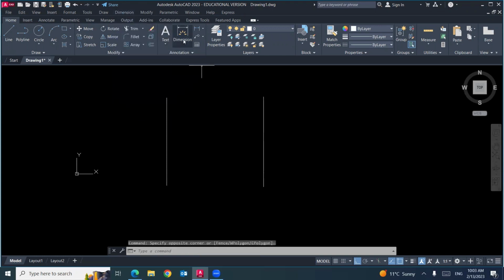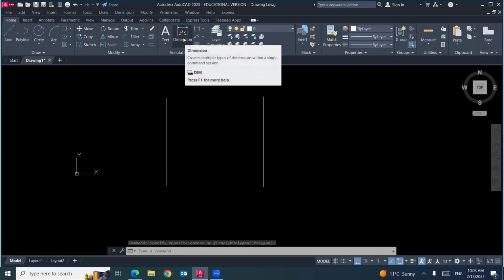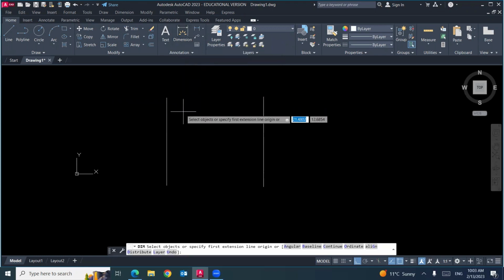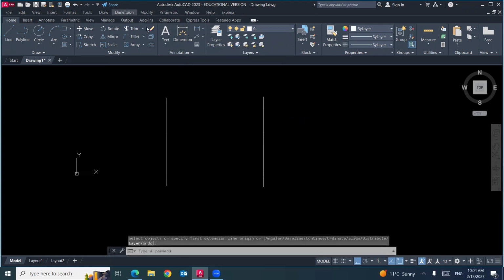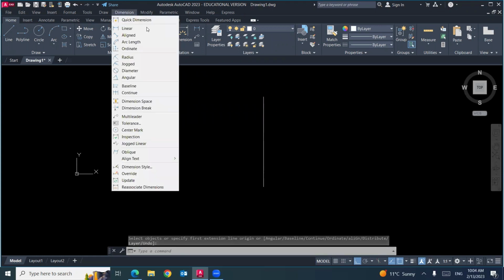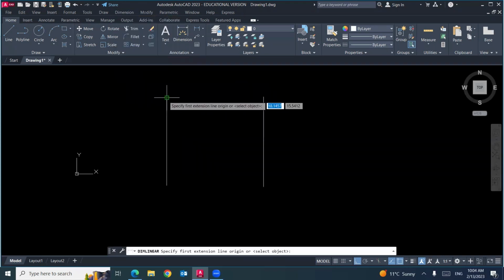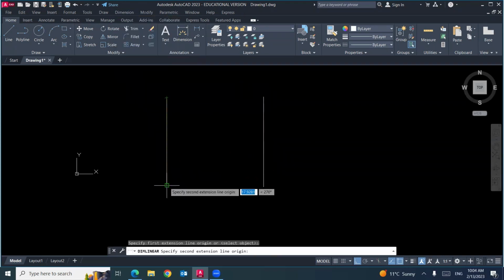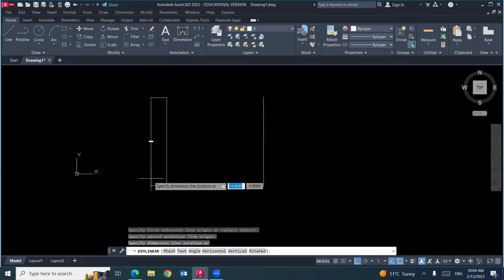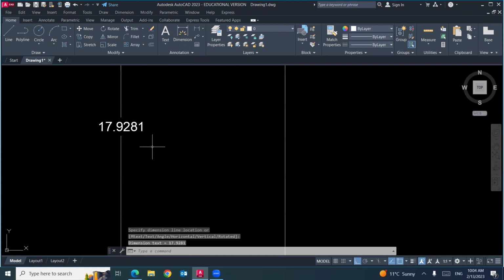Or we have dimension here, but this one is very limited. It's only linear dimension. But if you open this menu, you have many options. I will go through most of them. But let's start with the linear. If you click at the beginning of this line and at the end of this line, and then one more click, you can find the length of this line,